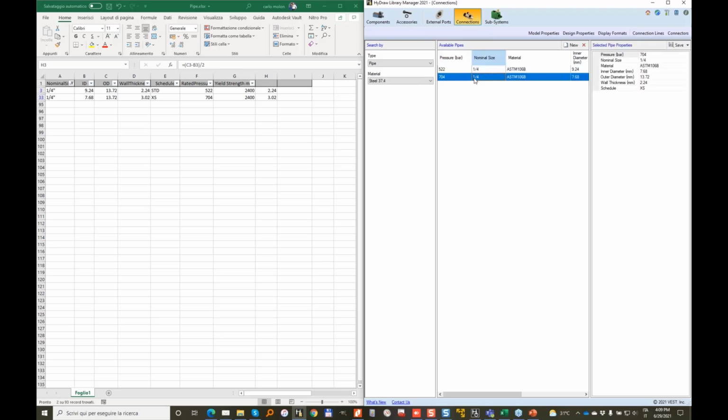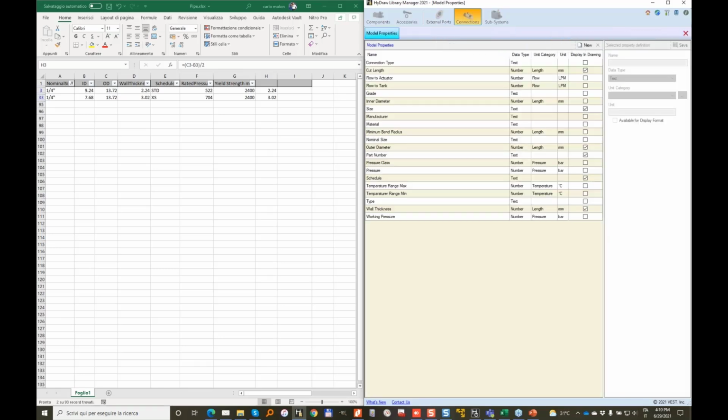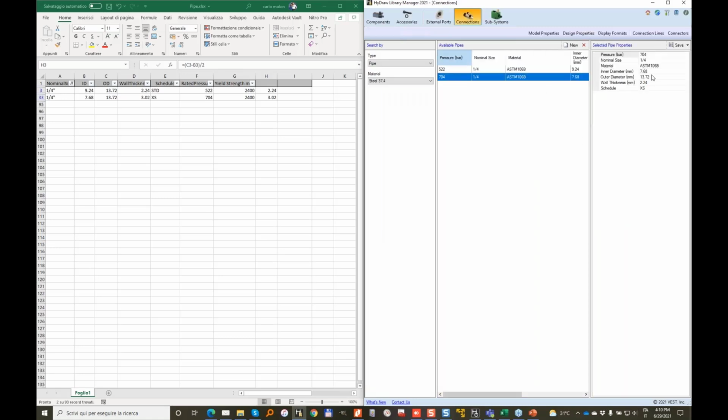And now I want to control something else. So I want to be able to view some attributes in my drawing linked to this pipe and tubes. So I go to the model properties. Well, let me get back here. So as you see, the attributes that are used,